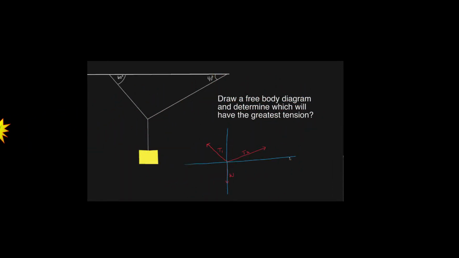Okay, so of the two, which one's more vertical? T1. Good. So that should be carrying more of the tension. But let's prove it quantitatively. Let's take a look, and we're going to say the sum of the forces in the x equals